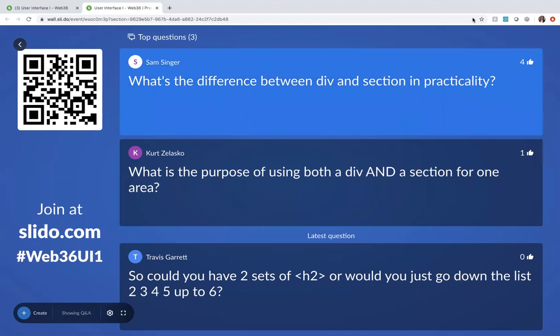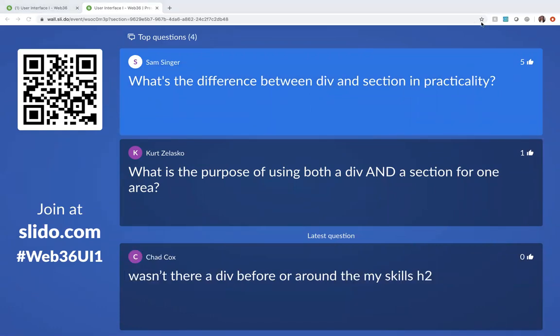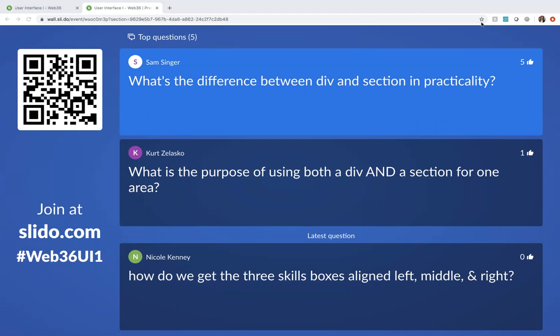Yeah, good question, Sam. So div does not give any meaning to content. Okay, so it is not semantic. It is just used for like a small container to throw things inside of, and then you could move the container around the page. Section does have semantic meaning, and it is when you need to keep a big group